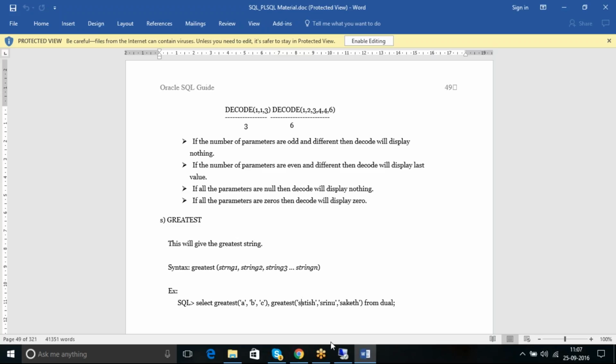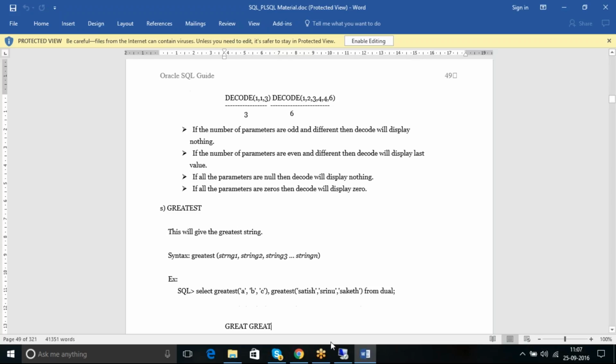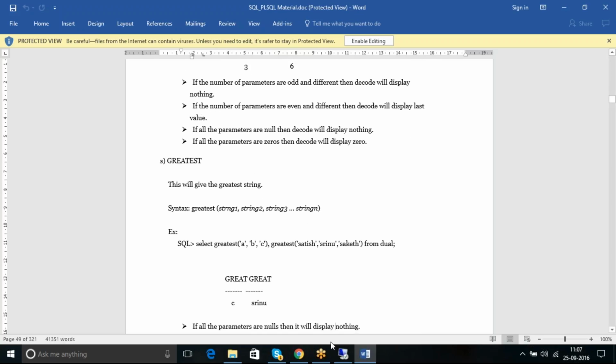The second letter is A, and the second letter is A. The middle one is R. Compared to A, R is the highest, right? So Srinu is coming. Now what output will come? C comma Srinu. Understood now?